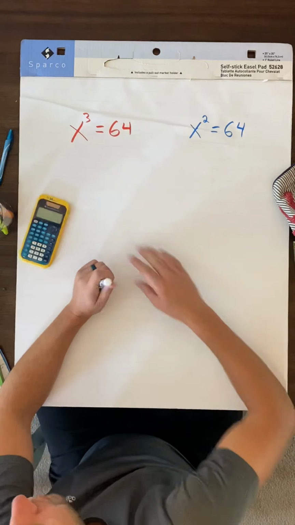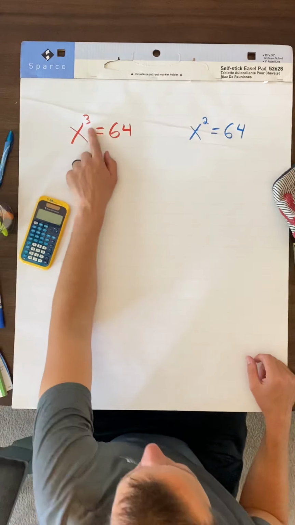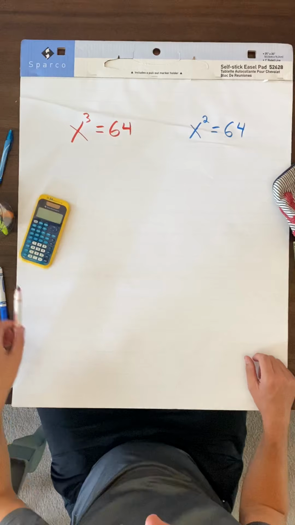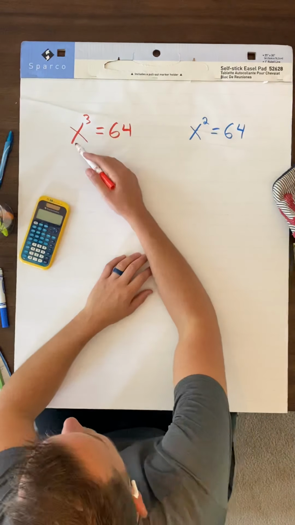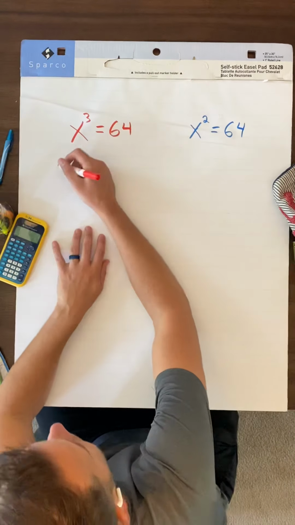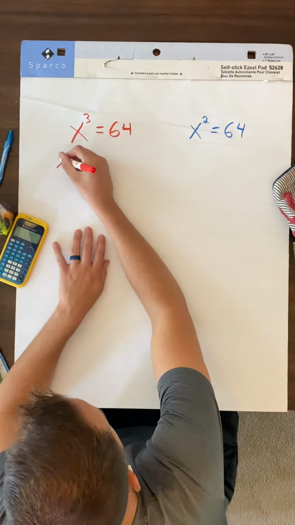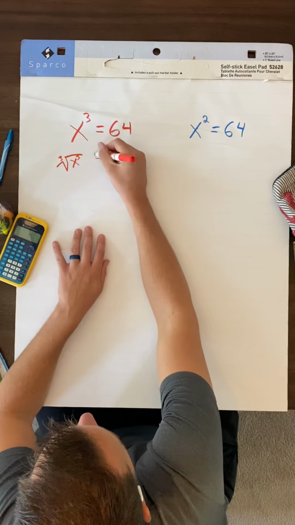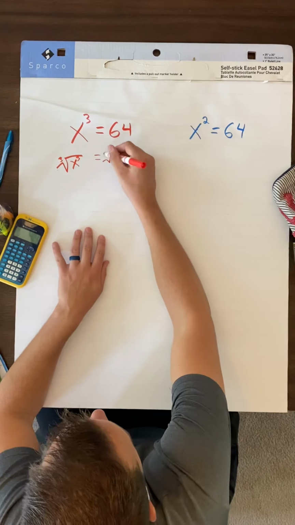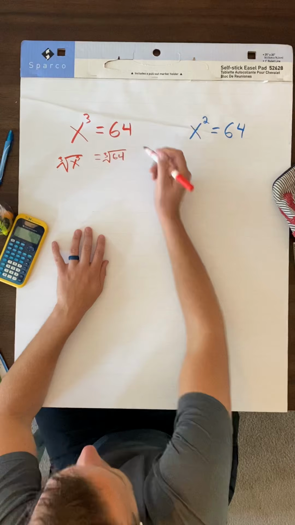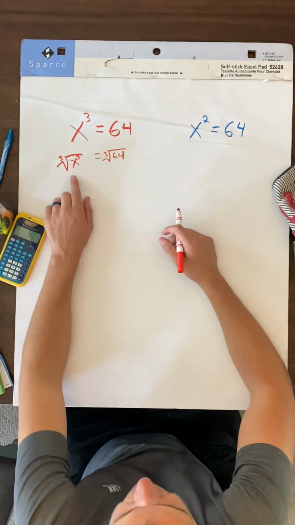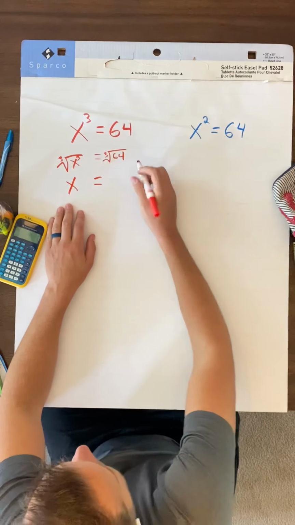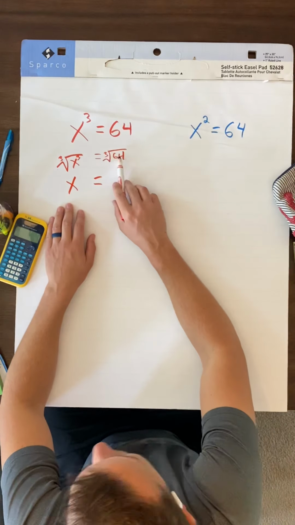So we need to find out what is the opposite of cubing. Remember, this is cube. So what is the opposite of cubing a number? What we need to do is find the cube root of it. So remember the cube root of x cubed, and then the cube root of 64. So don't worry about this side over here. All this does is cancel out. So we're left with x equals, and then our answer is going to be whatever the cube root of 64